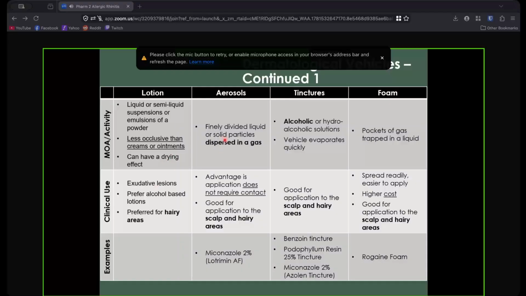With my aerosols, I think about this as how I think about deodorant, right? Now we have spray deodorants. So it is your medication that's going to be dispersed in a gas, in a can. You don't have to have contact. So this is very good when you think about the hair or scalp area, or if someone has a fungal infection, or a large surface area, this is good for us because we can just have them spray